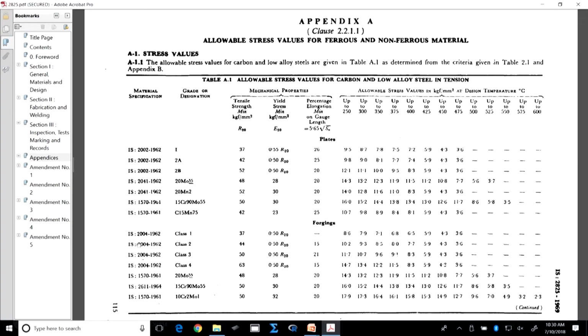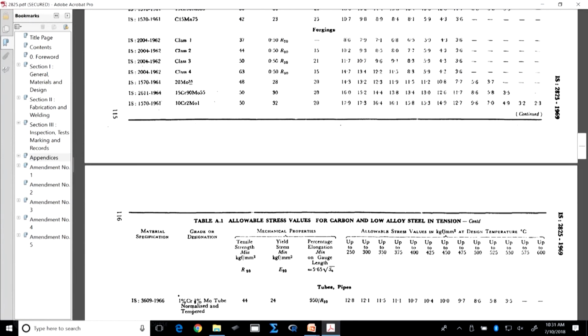There we have shown different materials and allowable stress, and along with this we have mechanical properties of that particular material also in this table. So, in this way you can use different values in the expression of thickness. Now, we will solve a few examples to demonstrate how the thickness of cylindrical as well as spherical vessels will